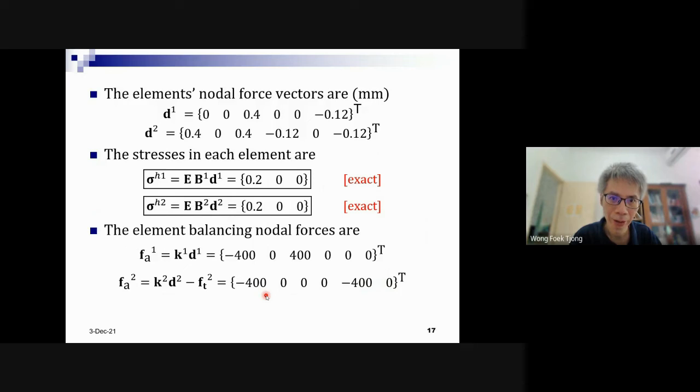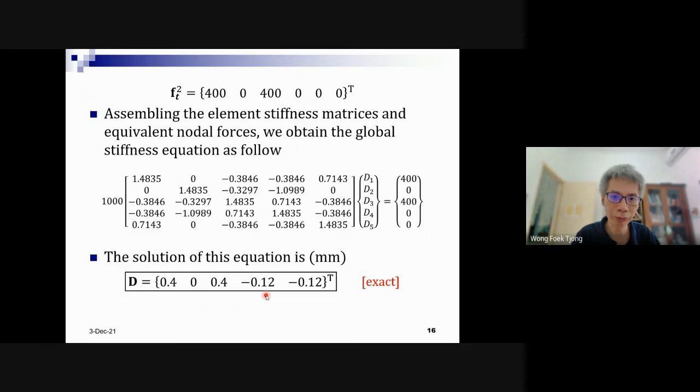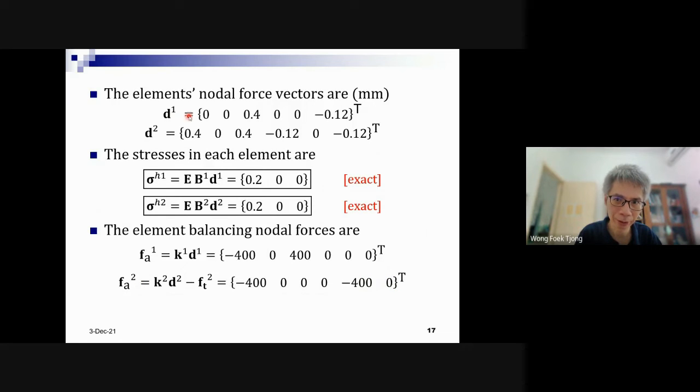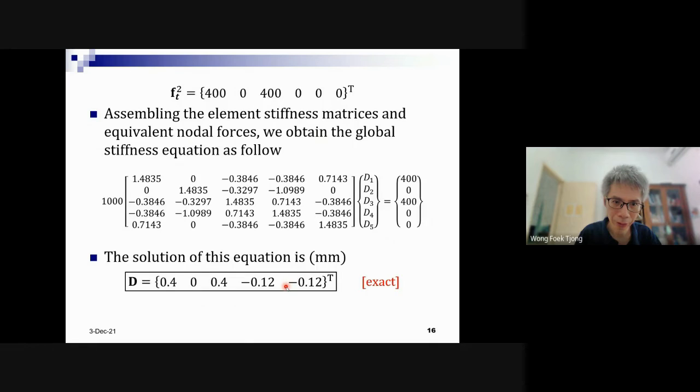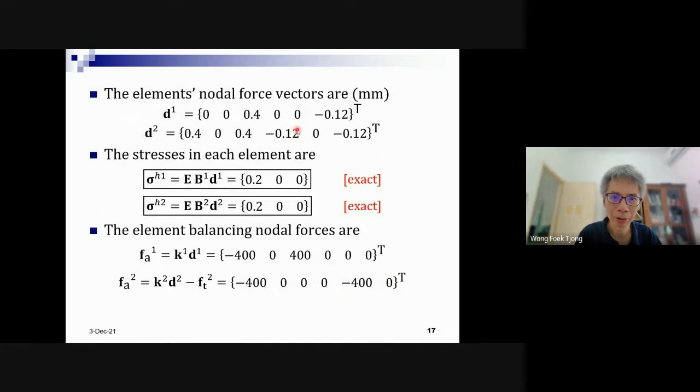How about the stress? Well, as usual, to obtain the stress, we move from structural displacement to element displacement using MCOT. Any difficulties up to this point? How to obtain this one? From this one, global to local. Just like in truss structures, the same. There is no difference. So once we can formulate the stiffness equations, the direct stiffness procedure is always the same. That's the beauty of the finite element method.